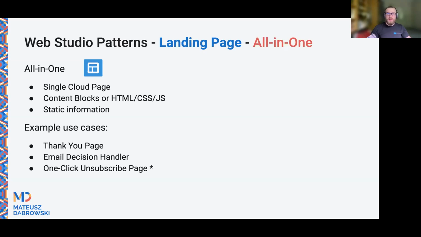You can see the asterisk here because you should not be using one-click unsubscribe pages. You can read a bit more in the recent Oliver's blog post, but to make a very, very short summary, when you are using one-click unsubscribe, meaning that when someone clicks, they are already unsubscribed, you might make a big problem with your database because many inboxes are using bots right now, especially in the public sector, but also in the B2B sector. And it means that sometimes you will see that the bot is automatically clicking all the links to check whether they are problematic links. And in this case, when you're using one-click unsubscribe, those users will be automatically unsubscribed without any real action on